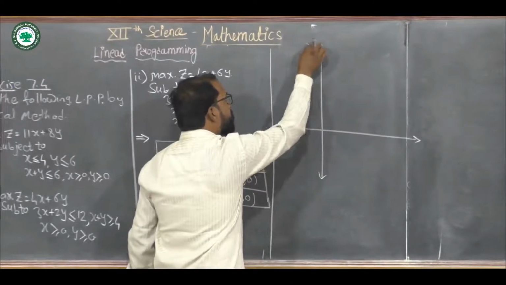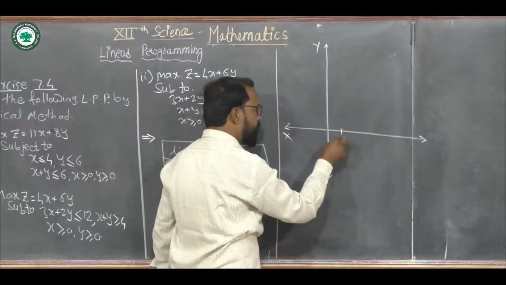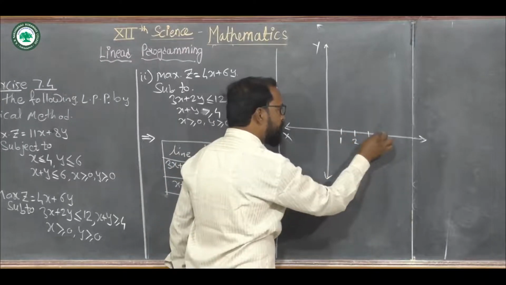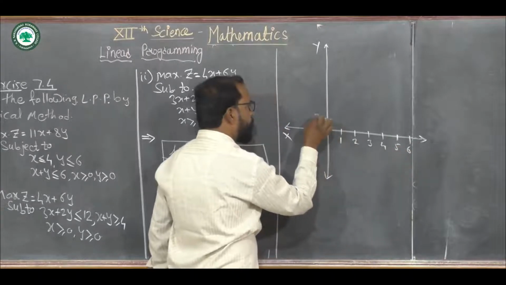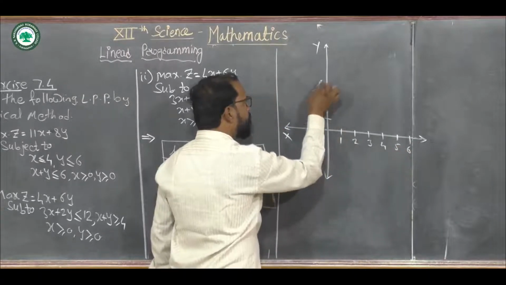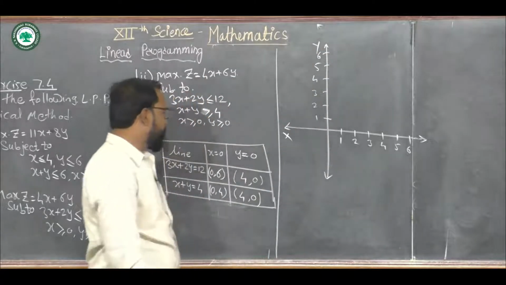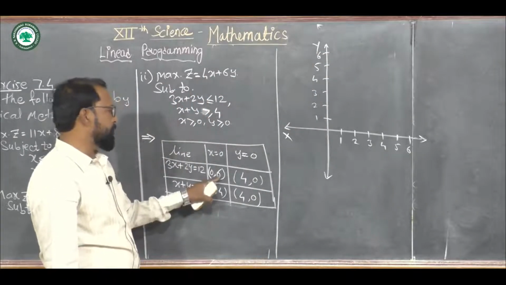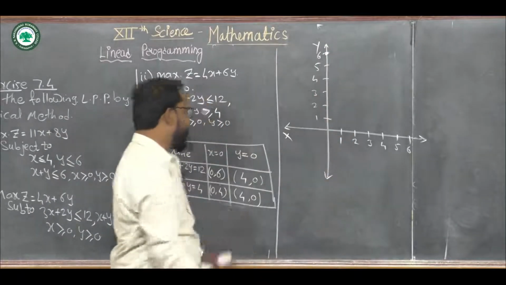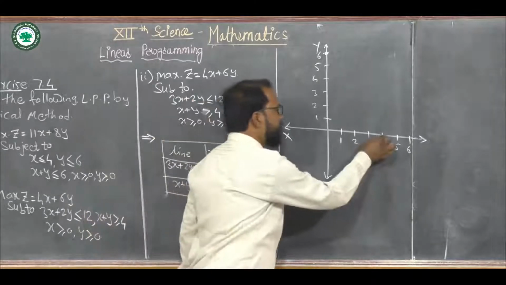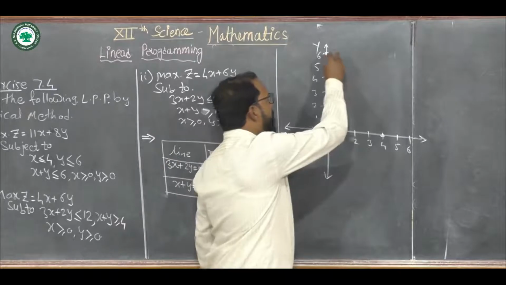In this graph, this is the y-axis and x-axis. Take the unit, 1 centimeter equals 1, that is 1, 2, 3, 4, 5 and 6. Here also 1, 2, 3, 4, 5 and 6. Now the first point is 0, 6. Now 0, 6 is here. And the second point is 4, 0. Again this is 4, 0. Now by joining these 2 points by a line,